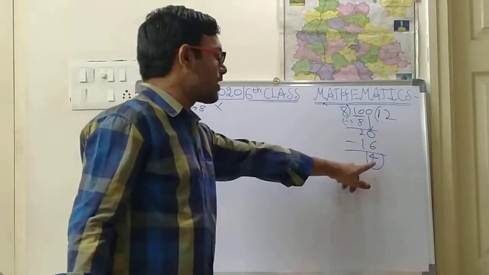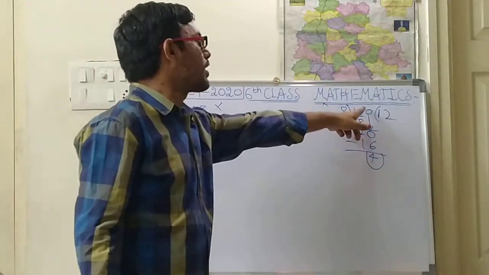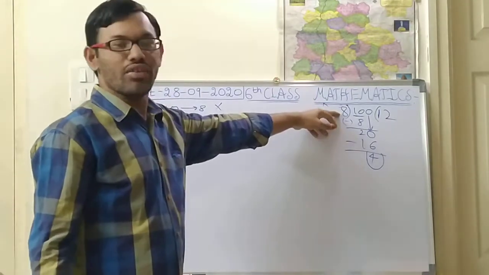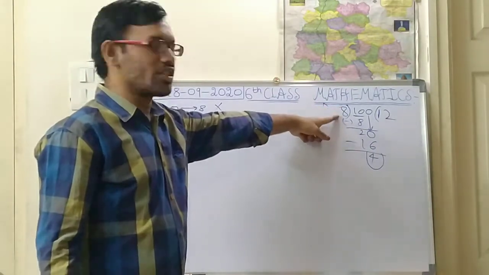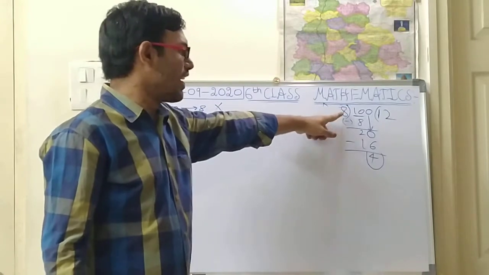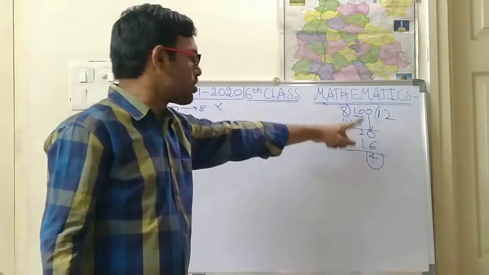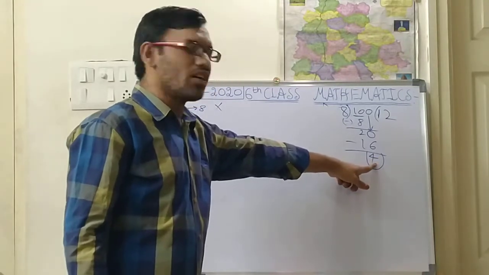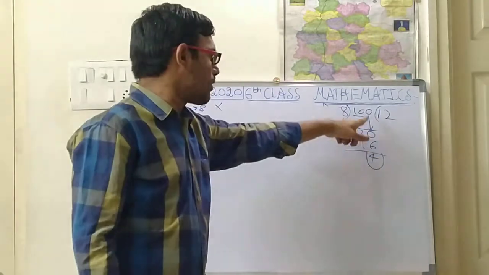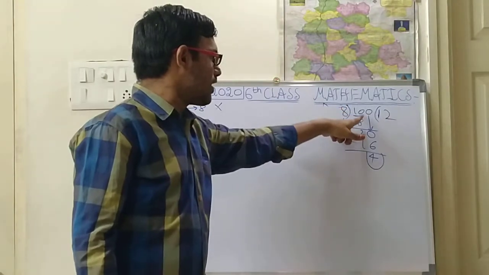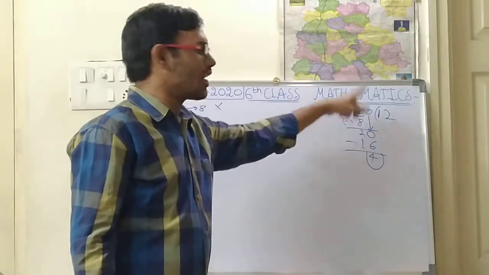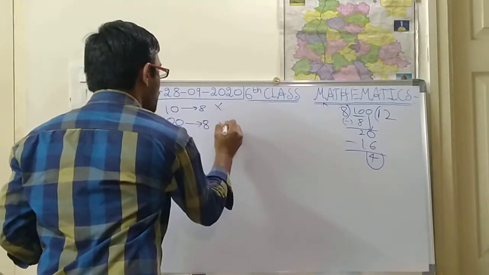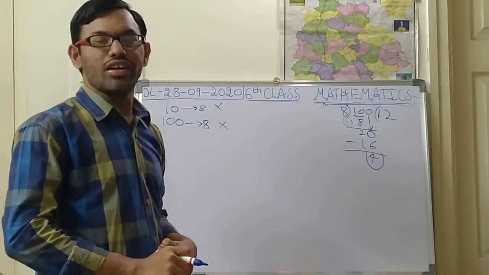If you get the remainder as 0, then that number is totally divisible by whatever divisor we have taken. Here we have taken 8 as the divisor. So what are you supposed to check? We got 4 as the remainder. That means in the 8 table we can't get 100, so 100 is also not divisible by 8. We have to identify that.